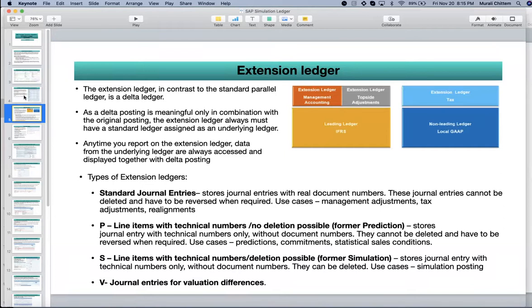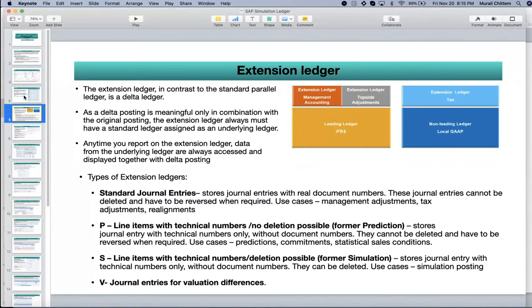When you select that, it means it's a prediction ledger. For all the prediction ledgers, the system will create documents and update the ACDOCA table with the document number starting with P. So prediction ledger, we can use it for predictions, commitment, statistical sales condition, etc.